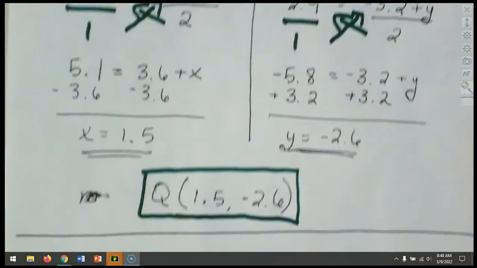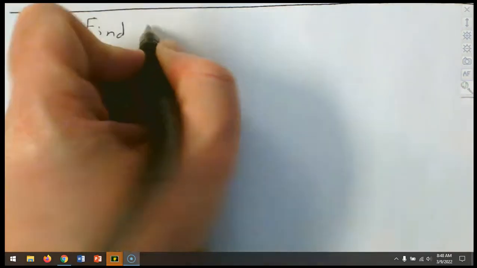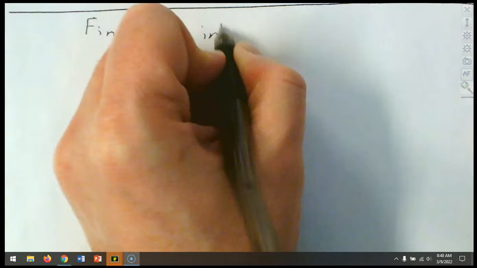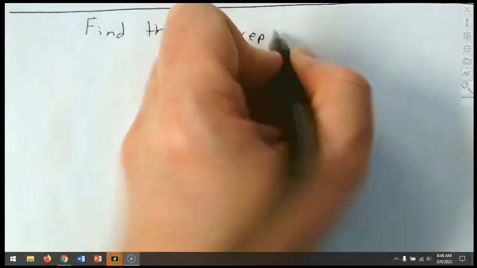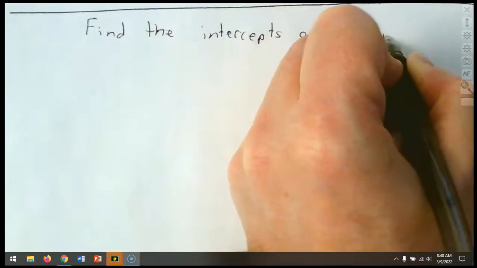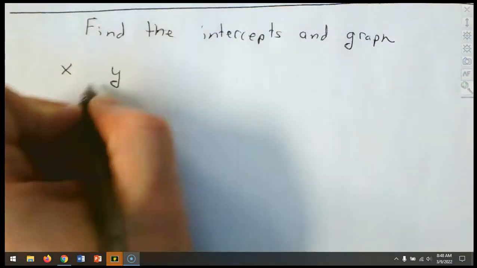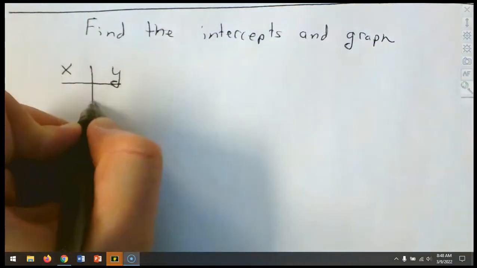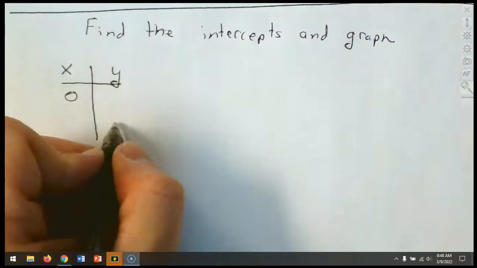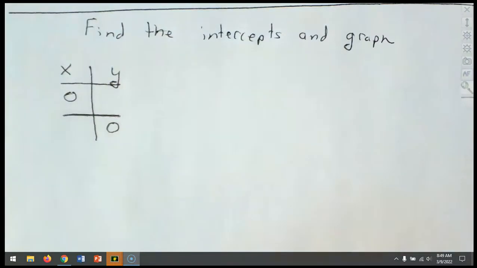Question 11. Now, question 11, we want to graph this line, and we want to graph this line by finding the intercepts. So how do we find the intercepts? Well, we make our table for the intercepts, and we use the 0 and the 0. And we're going to be trying to fill in